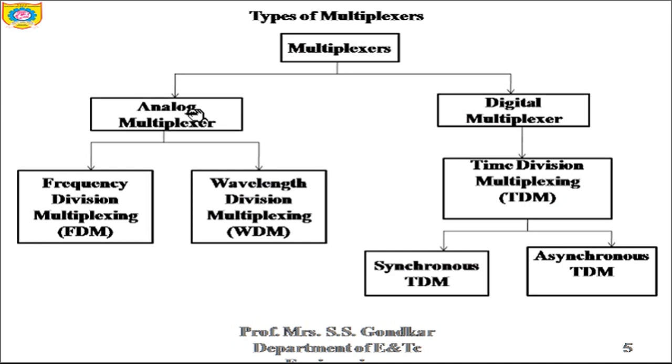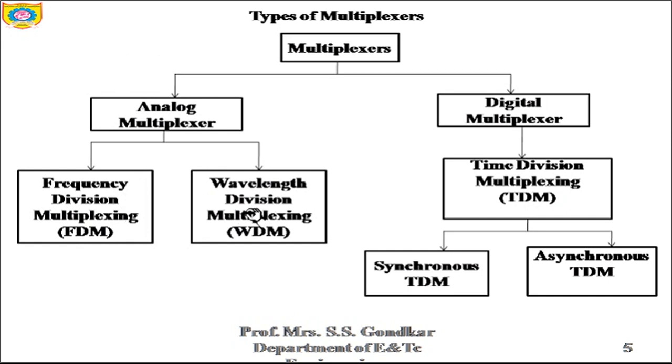The signals whose information is analog in nature, that type of multiplexers are called analog multiplexers, where analog signals are multiplexed according to frequency division multiplexing, that is FDM, or WDM. So what does this analog multiplexer tell us? It is only used when your signal is analog in nature, and your information may be in frequency or in